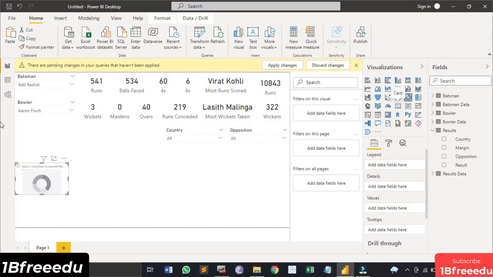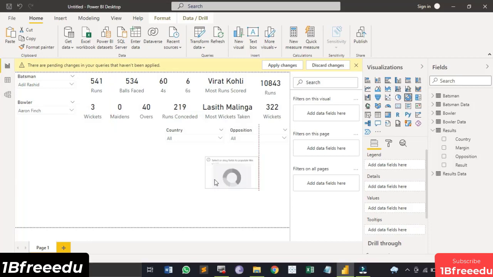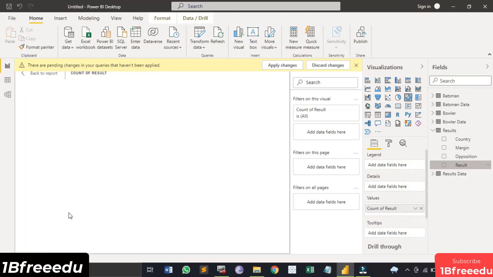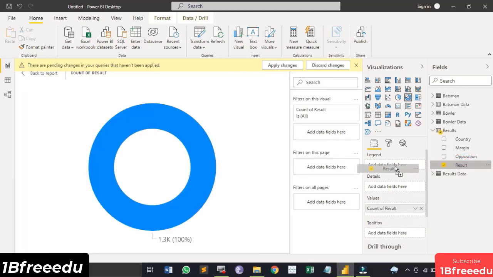The pie chart and a donut chart both have the same purpose, that is to show the distribution of the results or the information. So you can select either one of them. I'm using a donut chart because that's something that I like better than the pie chart. You can adjust its size, etc. as per your wish. Then you can go to the focus mode because that would give you a full screen view of the chart, right? And here I'm going to just drag in the results option. So the legend would be occupied by the results, and in the values also I'm just going to get in the results, that is the count of the results. Okay.